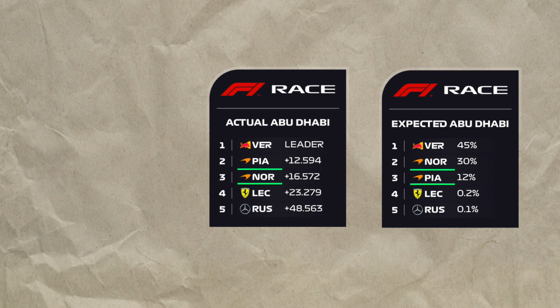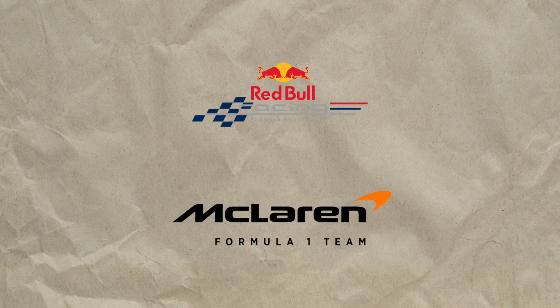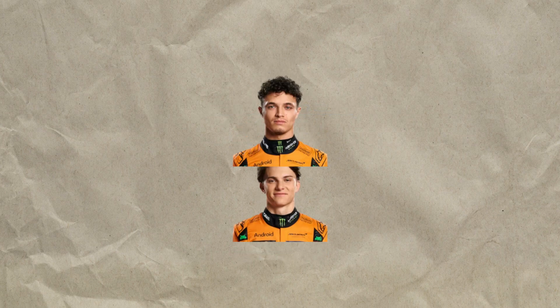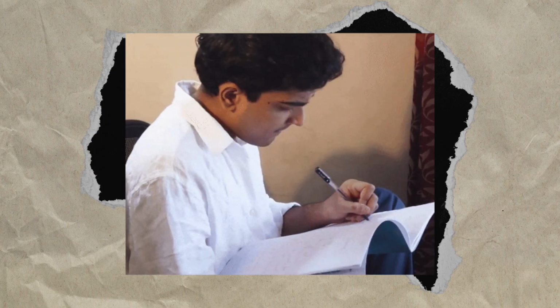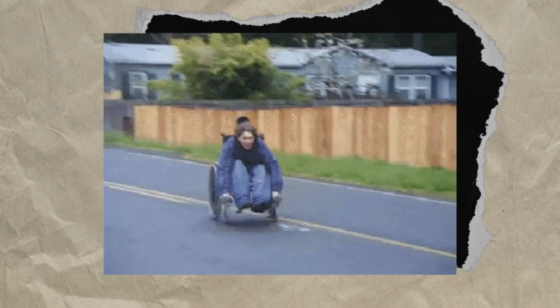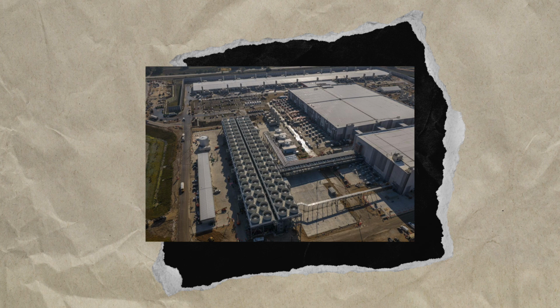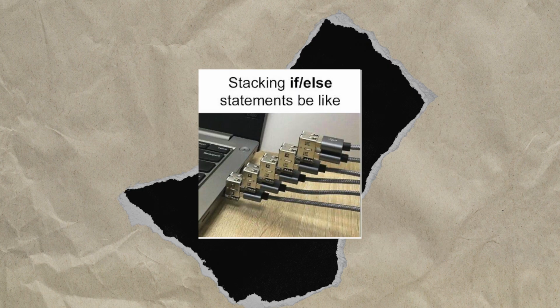So the model didn't just guess a name, it correctly captured the power balance of the grid, Red Bull on top and McLaren right behind. Small swaps between Norris and Piastri are normal in racing, but getting the winner and the full podium right is quite a good result. This shows the model is not just following the hype, it understands the form, pace and team strengths, it uses different metrics, and it might have a chance to live. Even though it's not some large neural network, it's just simple if-else statements in a row, but it works and it shows some results.